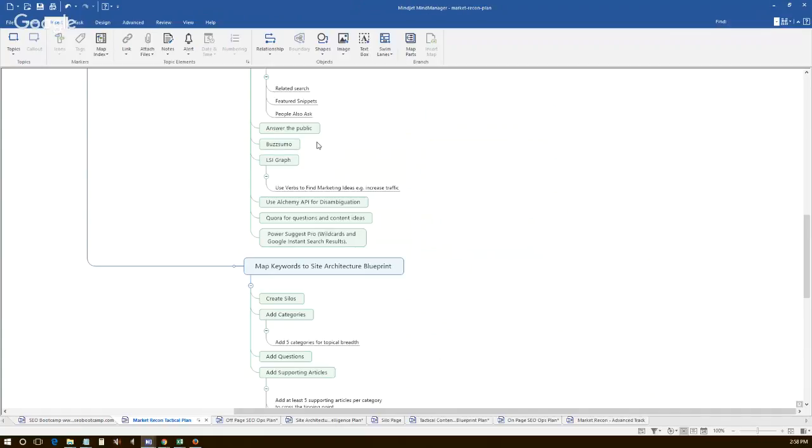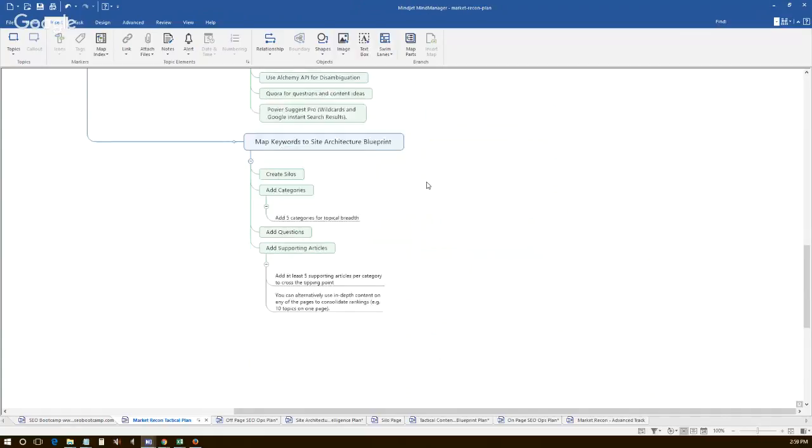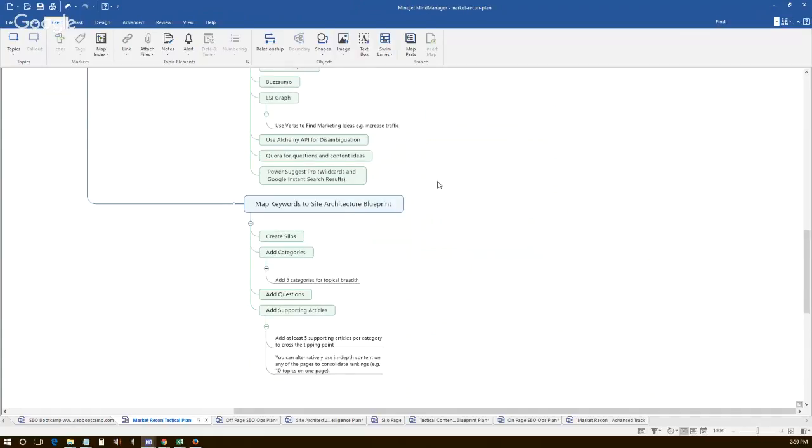topical site. All right. We'll show you how to use LSI Graph. It's really not that complicated, but if you use verbs in a certain way, you can really find a lot of other questions. Another thing that we look at is